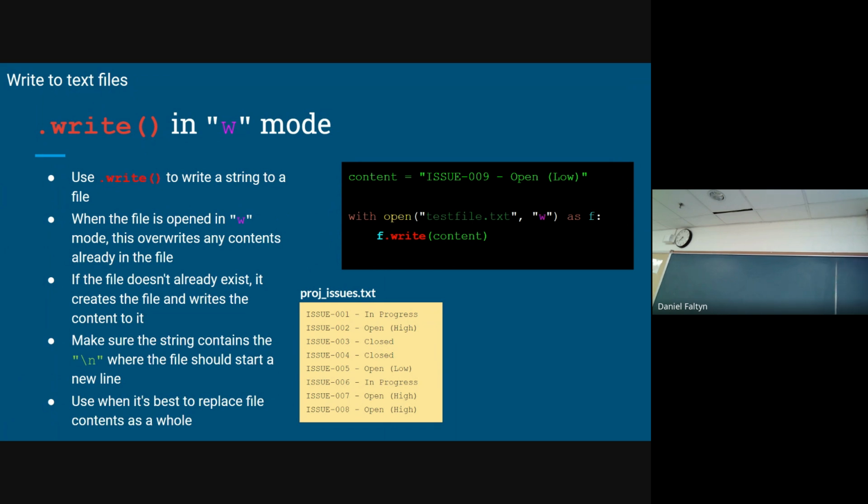This is my file. Who wants to predict what's going to happen when I say write? What's that? Write the content. Yeah, what's the file going to look like at the end of this? I'm going to add that last line. Good, that's the mistake I wanted you to make. Write nukes it. When you have something in write mode, it nukes whatever you had there. So if your file has all that groovy information and you do write, it's going to nuke it and just write down, write it over, overwrite it.